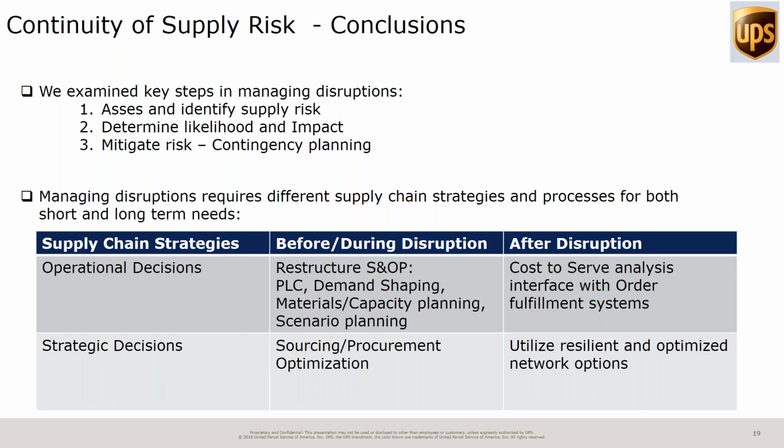Utilizing restructuring the sales and operation planning process, cost to serve analysis, interfacing with your order fulfillment systems, as well as utilizing long-term sourcing procurement optimization, and then building a resilient network. So with that,